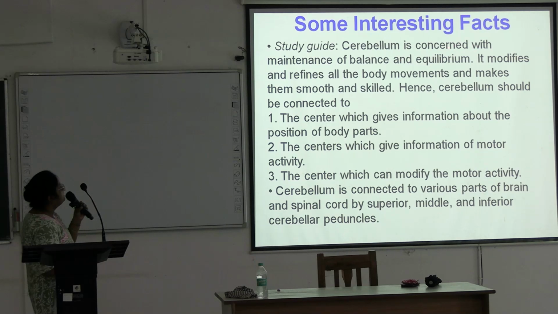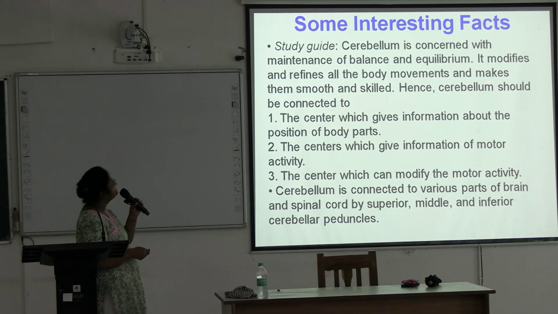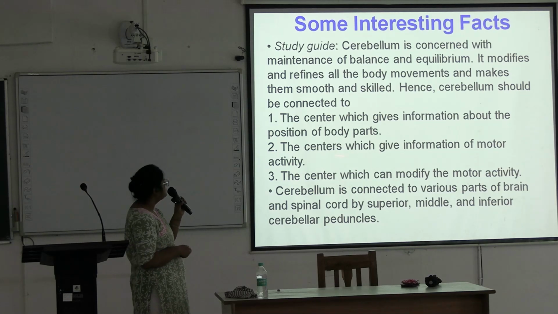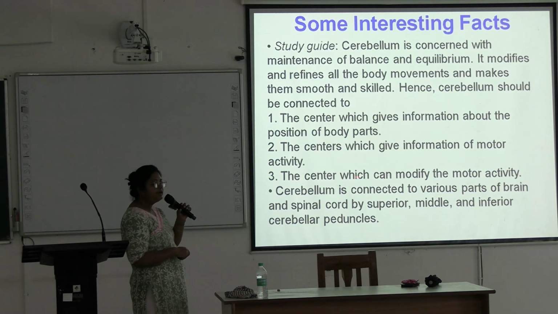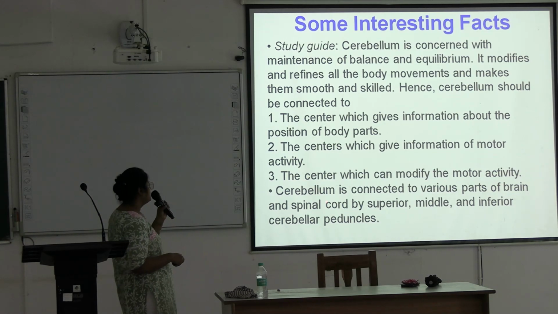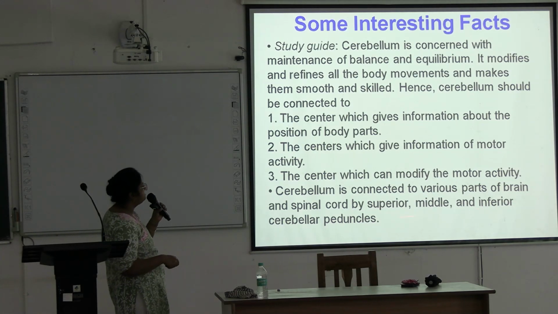So cerebellum is concerned with maintenance of balance and equilibrium and modifies and refines all the body movements and makes them smooth and skilled. Hence the cerebellum should be connected to these centers. So the center which gives information about the position of different body parts, which give information of the motor activity, and the center which can modify the motor activity. So cerebellum is connected to these various parts of the brain and spinal cord via these 3 peduncles, superior, middle,